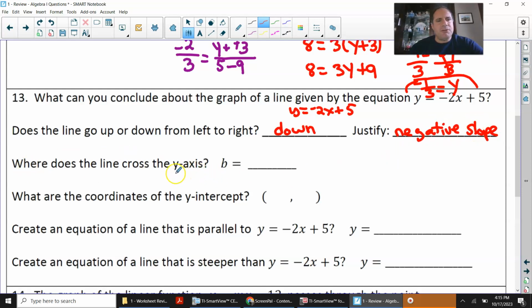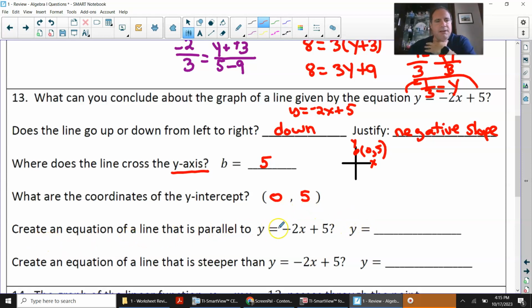When does the line cross the y-axis? In other words, what's the y-intercept? The y-intercept is 5. What are the coordinates of that y-intercept? Remember, any y-intercept that you have, and I'm just going to draw a little coordinate grid, 5 would be here. That's the y. This is the x. This is 0, 5. Any y-intercept has 0 as the